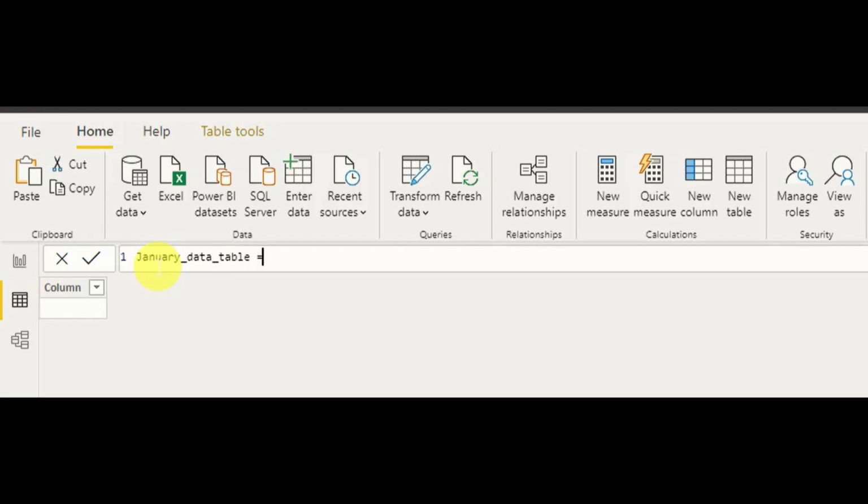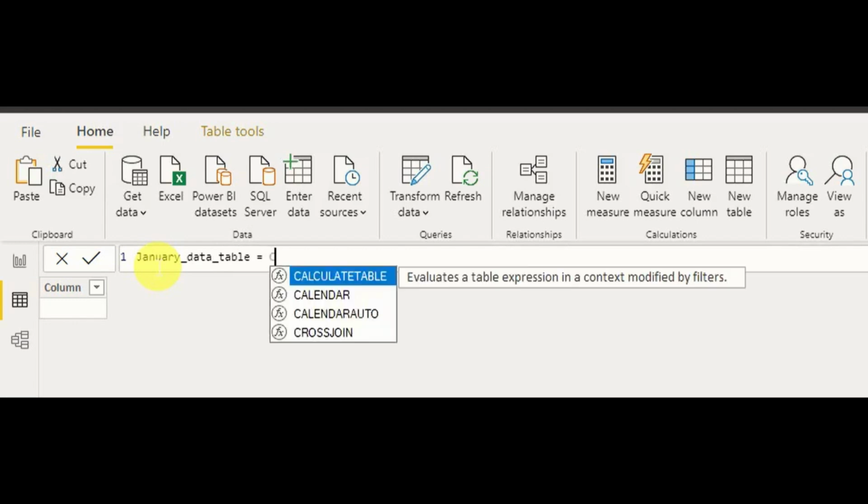I use the CALCULATETABLE function. It says it evaluates a table expression in a context modified by a filter. So that is something that we are going to try now.